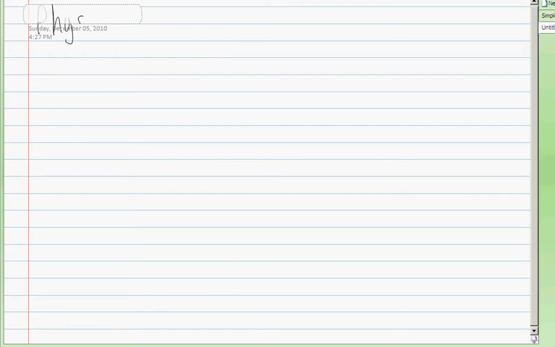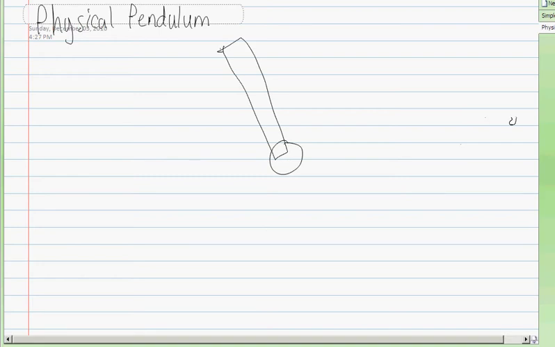Yeah! We are going to talk now about the physical pendulum. Everybody loves a good physical pendulum. Let's have one. So, it's the same argument as before, except that now we're going to have an object that's not so simple. It could just be a bar. It could be a bar with a mass on the end. It doesn't matter. The difference is now that